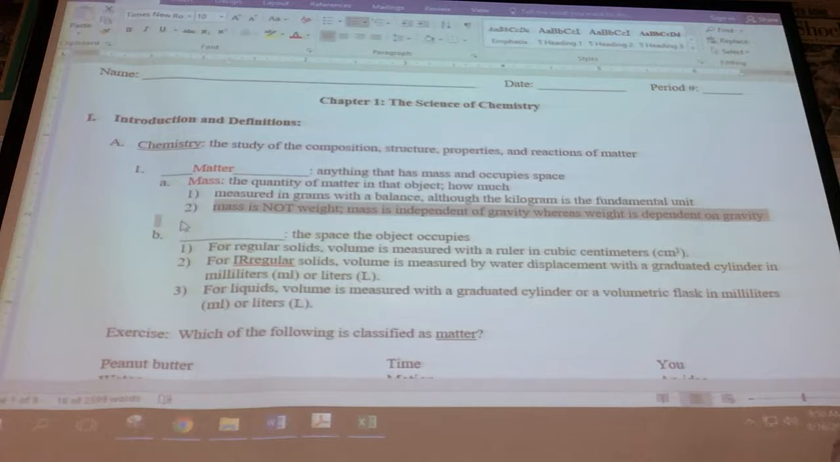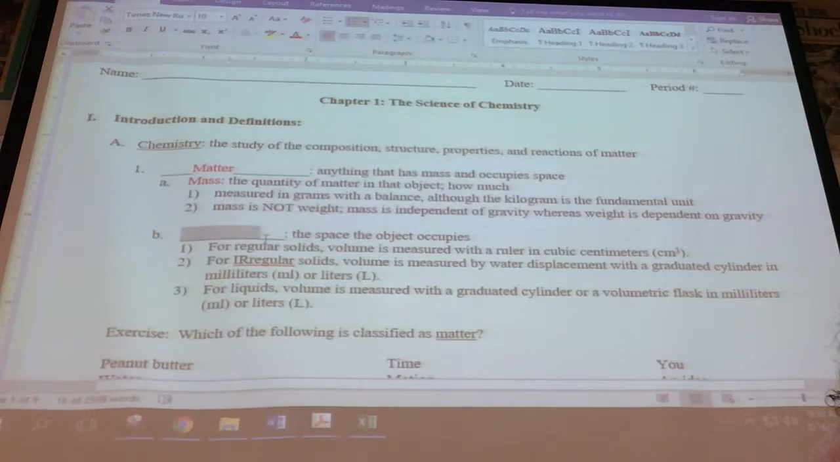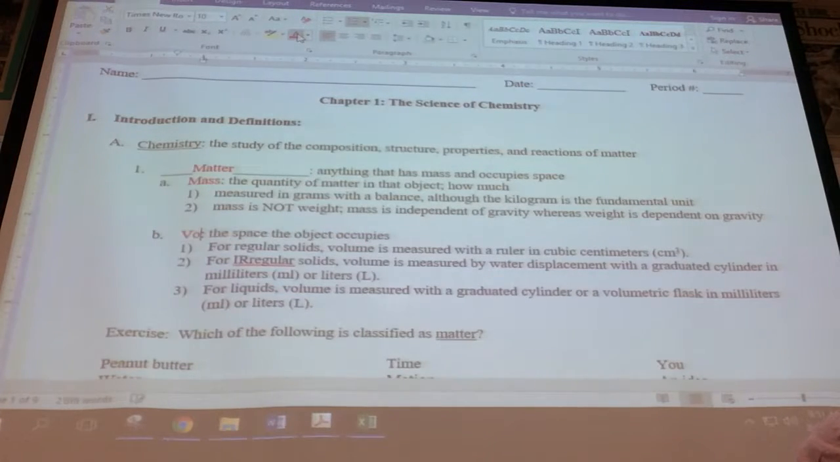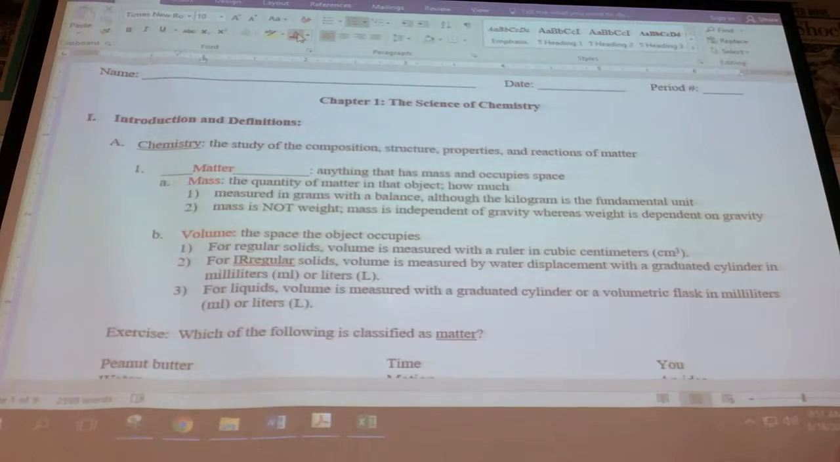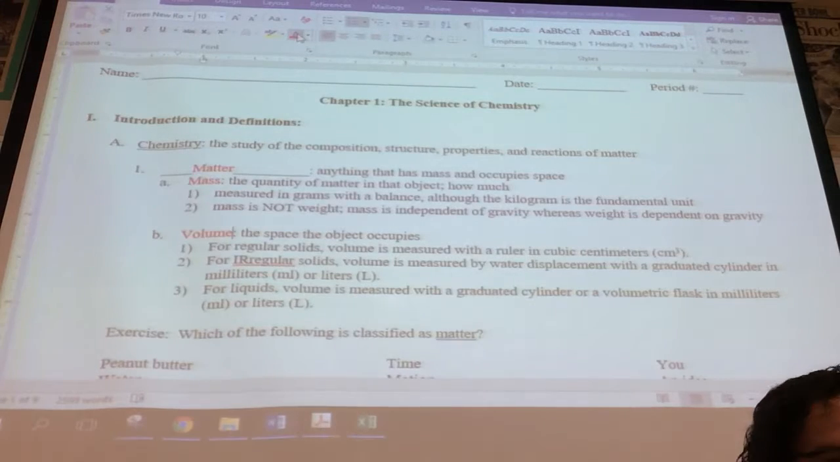Now, the space the object occupies is known as, excellent, volume. Volume is the space the object occupies. And when we talk about volume, when we're doing measurements, there are a number of different ways that you can measure volume. For example, if you have a regular solid